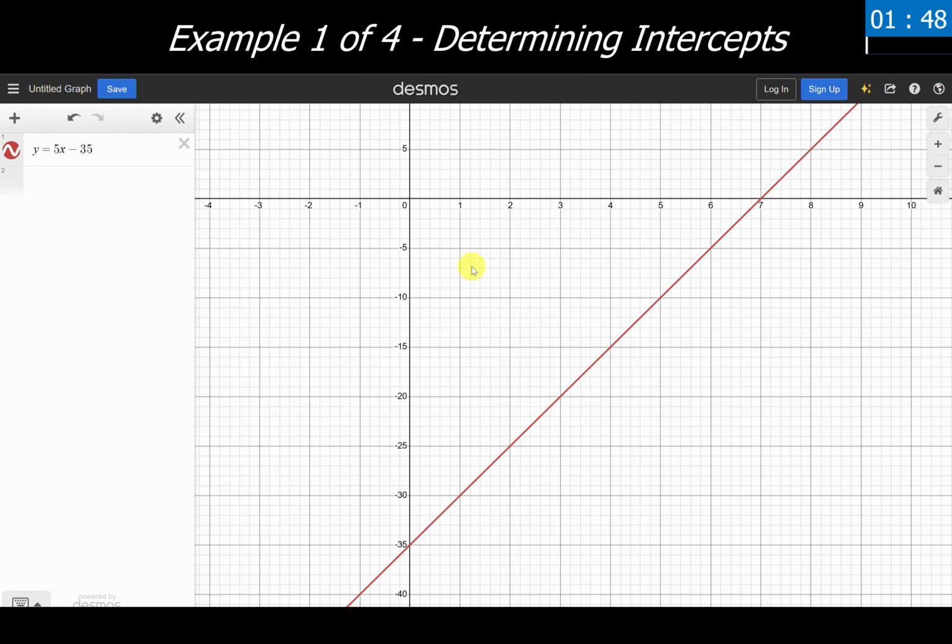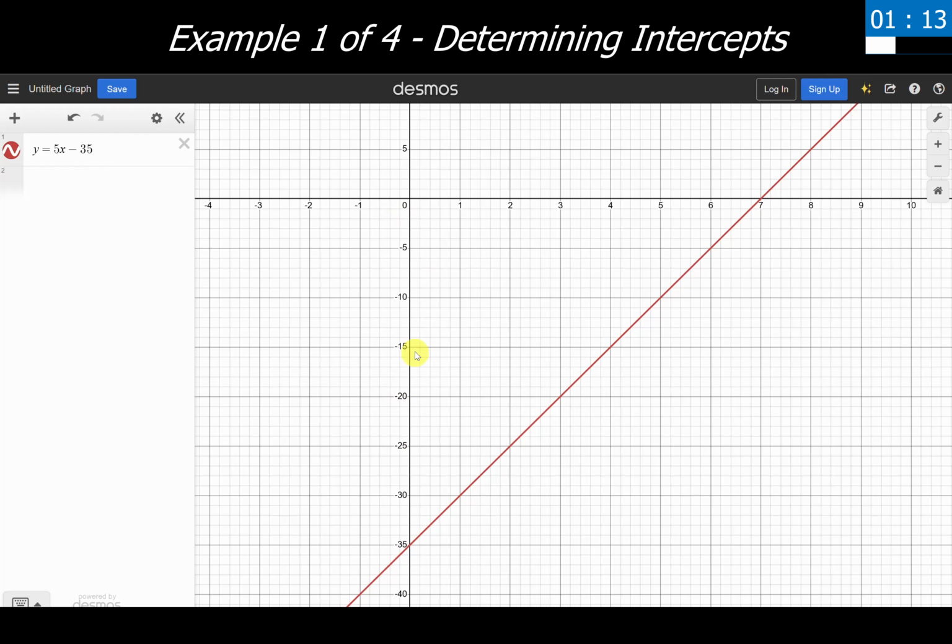Starting with our first example, we are working with y equals 5x minus 35. Now we are asked to find the x and y intercepts of this equation, and we've been given a graph like this. In problems like these, sometimes you're given the information in the graph up front, and then we just find where those things are from here, and this is our example of that. So I'm looking for the x and y intercepts. I want to see where this graph crosses the x-axis and where it crosses the y-axis.